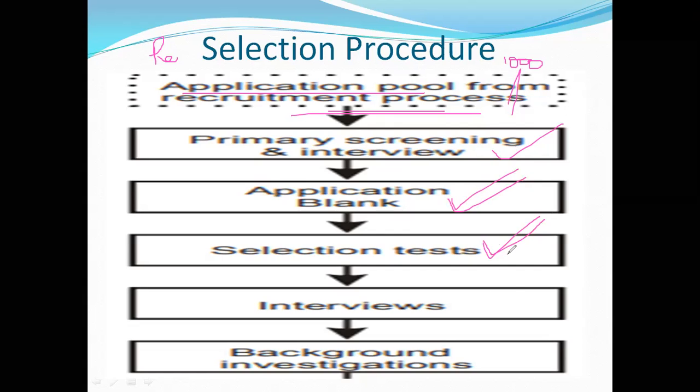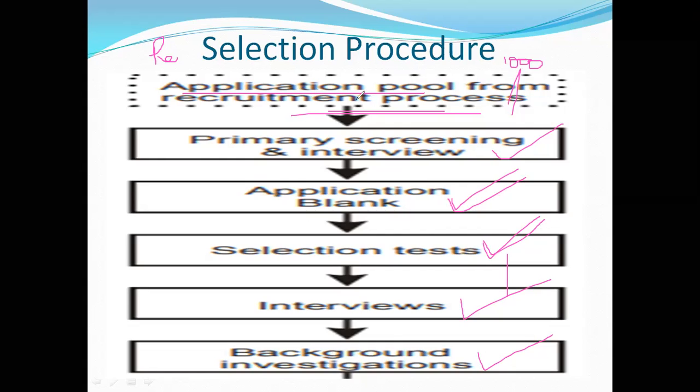Then after the selection tests are over, qualified candidates you will pick for interviews, and for those who are selected in the interview, you will conduct investigations: police investigation, intelligence investigation, or internal investigations. So whether any police cases are pending or not, whether their conduct is good or not, you will inquire with their neighbors, go to their houses, and conduct all kinds of investigations. So the selection procedure or selection process starts with